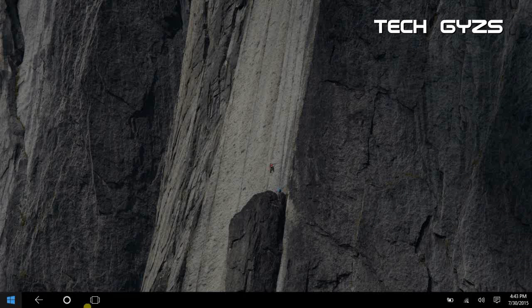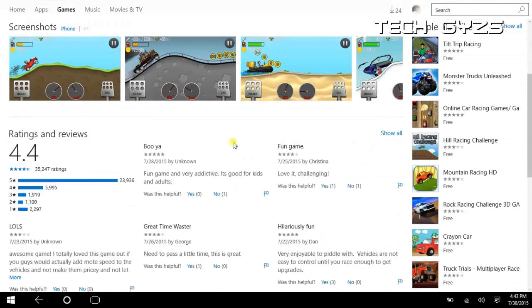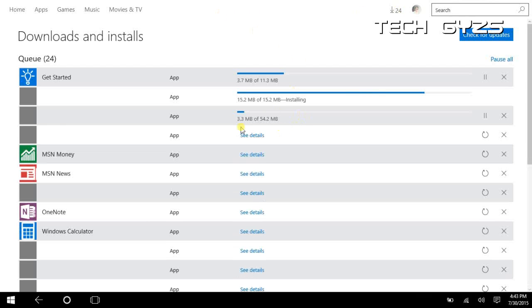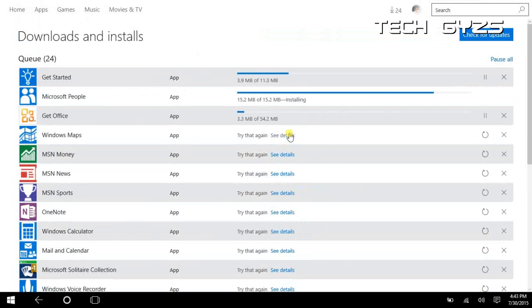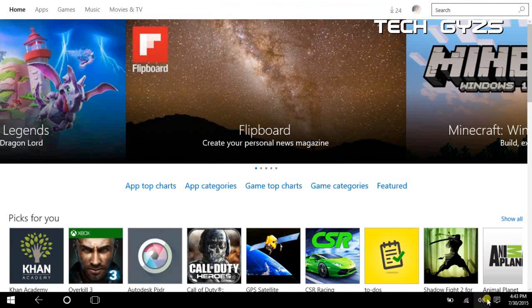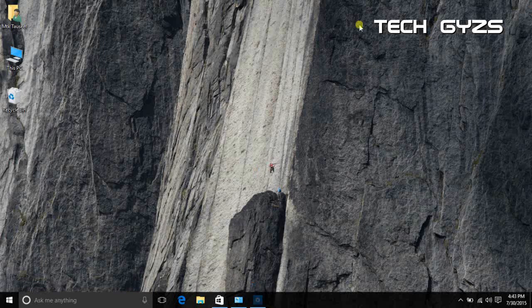Whenever you open the Windows App Store, it will start updating the pre-installed applications. As you can see at the top of the screen, 24 applications are getting updates. So click on the tablet mode. The Windows Store works in a very responsive manner. As I click on the 24, here are the 24 applications in the queue to get updates. All the applications are automatically updating. You can change the settings to disable the automatic updates option.